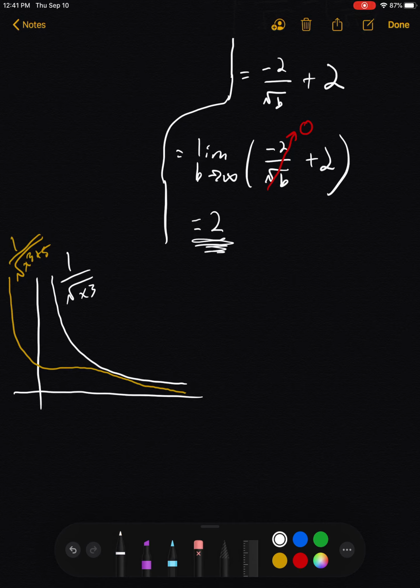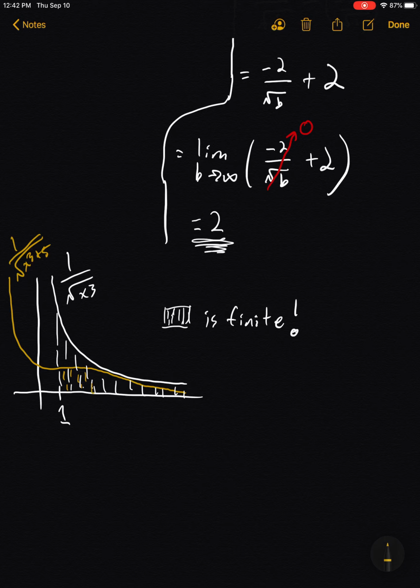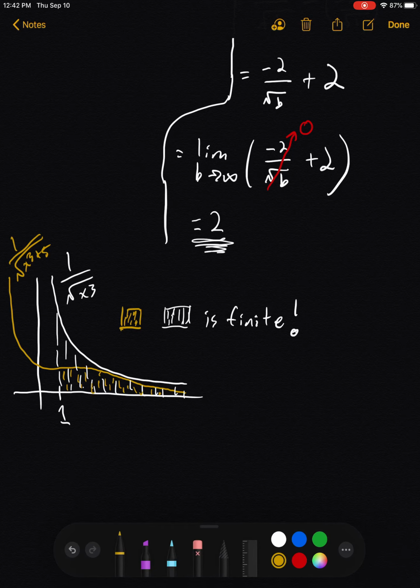We know that this region from 1 to infinity of the white one, that shaded area, is finite. And since the yellow shaded area, again I'm just making a legend here to make it clear, the yellow shaded area is contained within the white area,